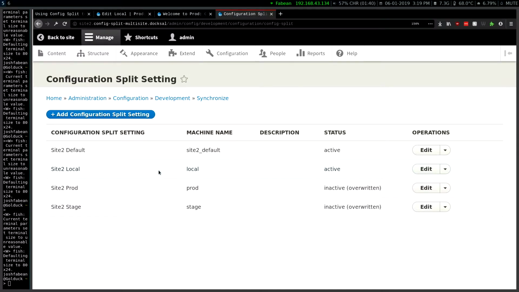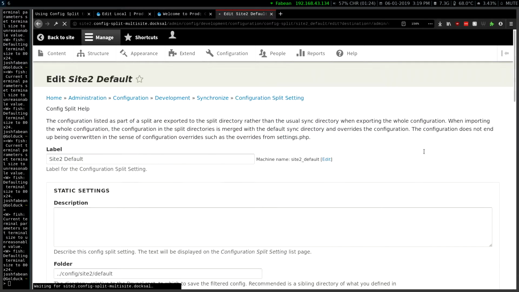But then with a multi-site, they still didn't want to have to say: I created a content site on site A, I'm going to export the config, copy that and paste it over into site B, fix any kind of conflicts that happen, push it up and then import it. They're like, it'd be great if it just was normal config split. So we had to do that, and if I go here,